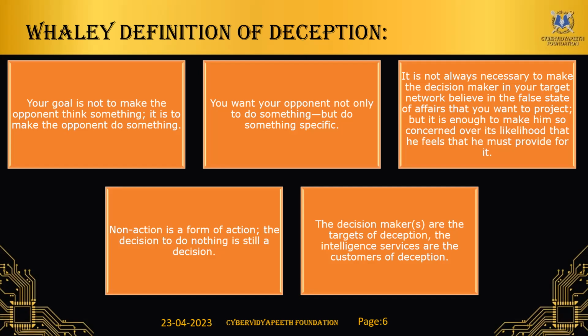But it is not just doing something, but doing something specific so that they disclose and divulge every piece of information about themselves. Because the end goal of deception technology or adversary engagement techniques is to know more about the enemy, so that we can plan countermeasures as per the requirements of the enemy, and we can create a trapdoor for them so that the enemy can be disguised, killed, eliminated, or exposed in a very interesting manner.